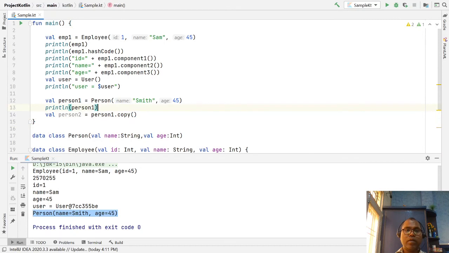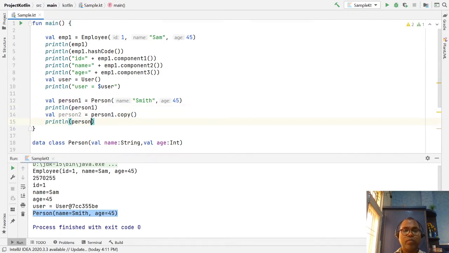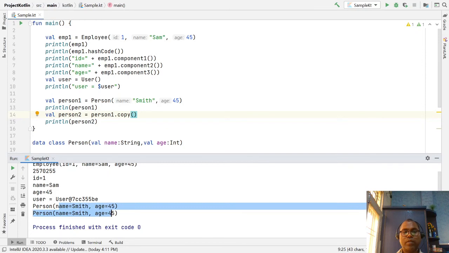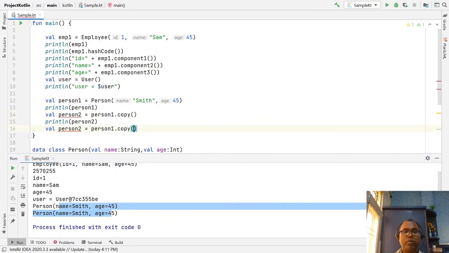If you run it directly, you are creating person2, but all the content will be the same. But you have options: you can pass which attributes you want to change. Both person1 and person2 are the same. Say I want to change the age, so you say age equal to 67,